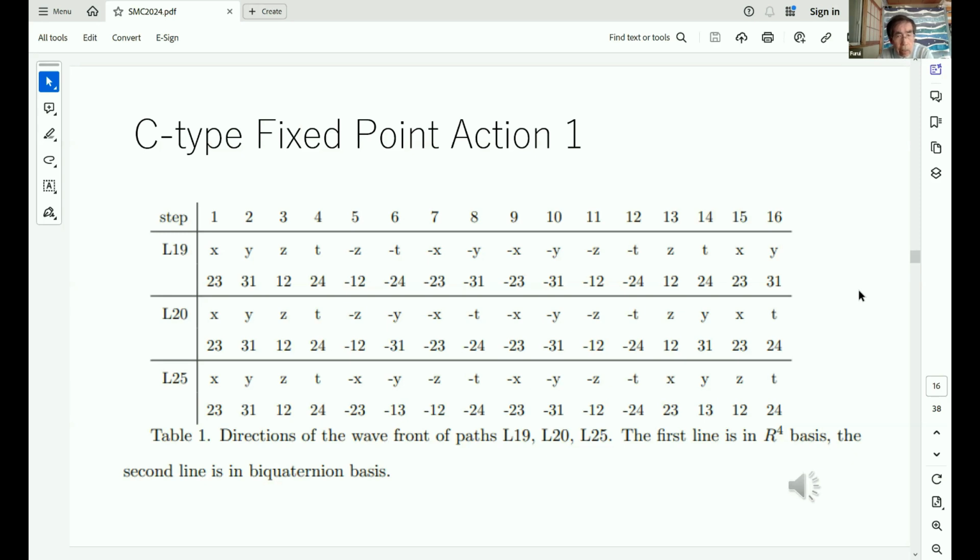etc. And in the biquaternion basis, we take the criterion that one of the two numbers connecting subsequent biquaternions must be the same. So 1, 2 can connect to 2, 1, 2, 4, and etc. But for the